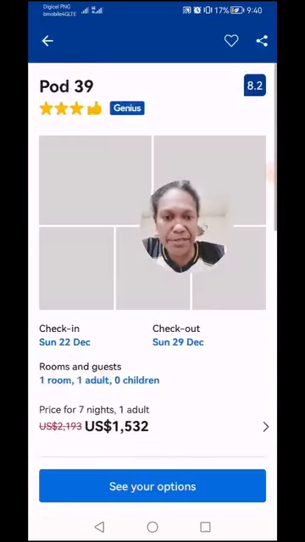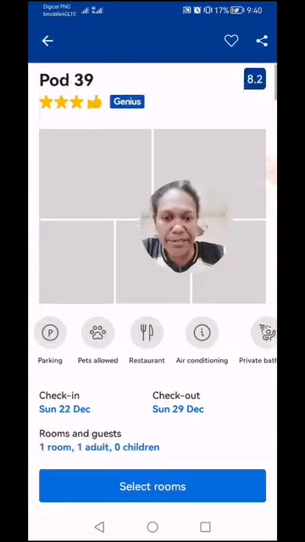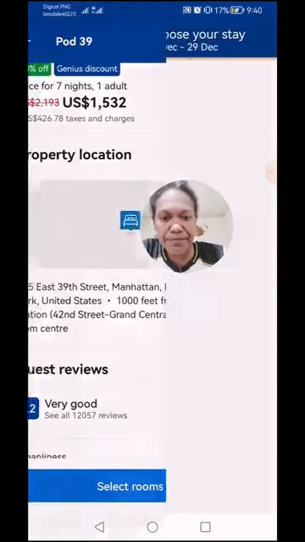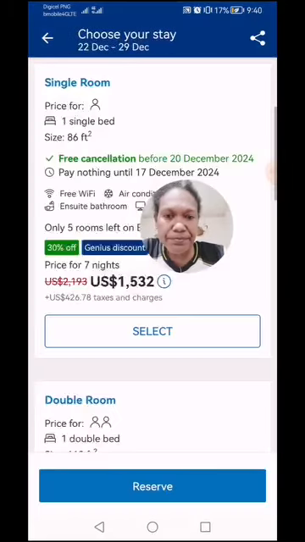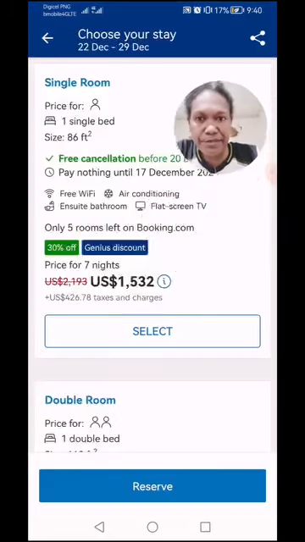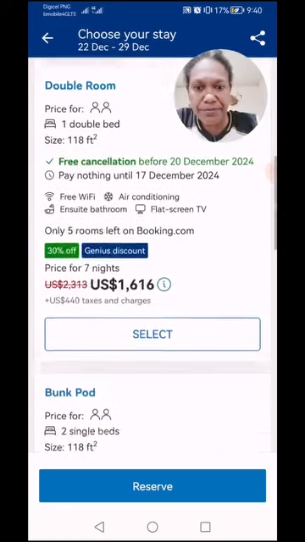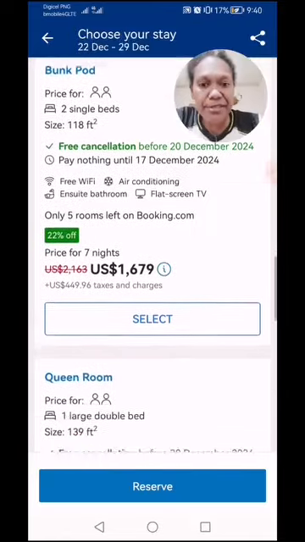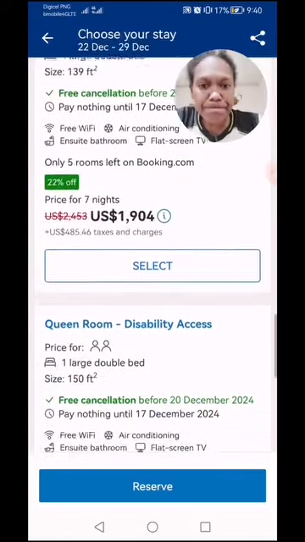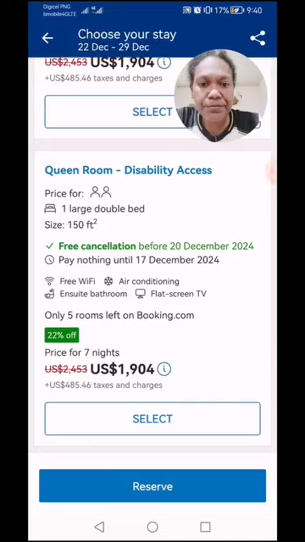Say you're interested in this one, just simply click on it, and then you select rooms. So that's a single room. It's New York, so it would be pricey.